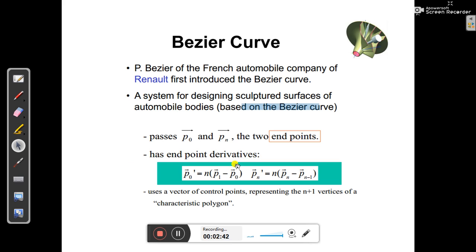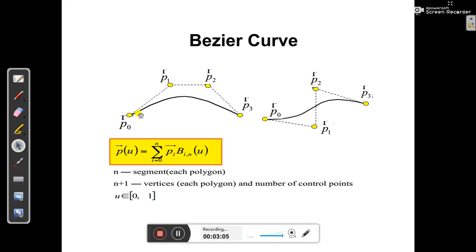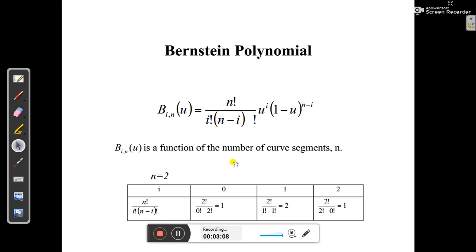So here endpoint derivatives are like this: P0 dash equal to n into P1 minus P0. So the difference between two points is multiplied by a factor, with control points representing the n plus 1 vertices of the characteristic polygon. So this is the derivative used to find out that curve. So actually it follows like this. This is the equation, this is the factorial equation, okay. So from i equal to 0 to n, that is the equation. Here you can see